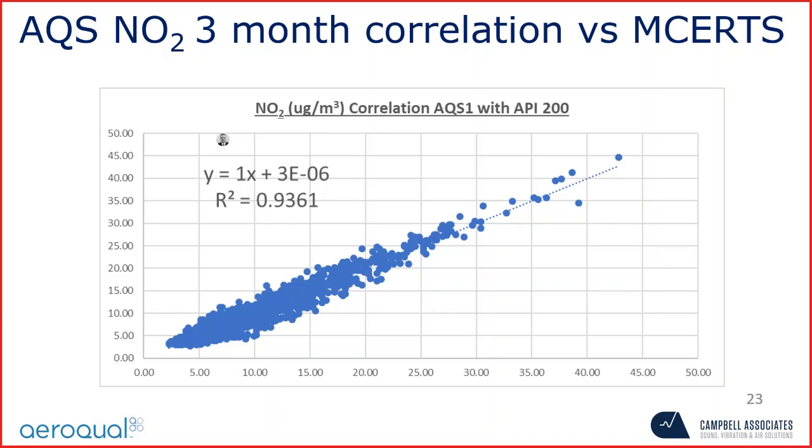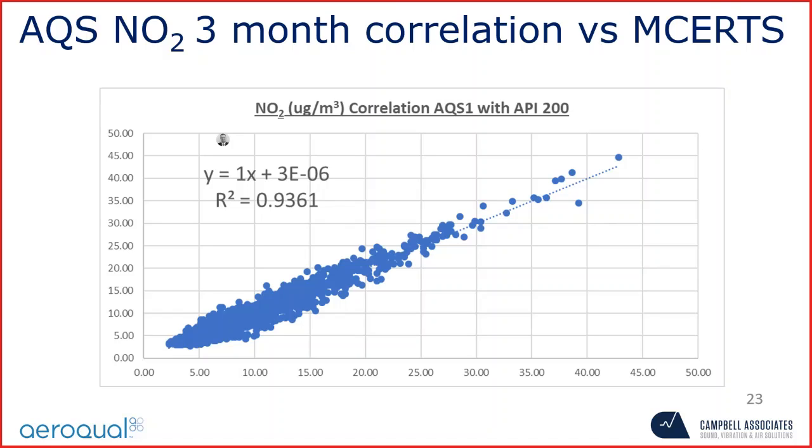In actual fact, the picture behind me is the setup where this occurred. As you can see, this was over a 3-month period. It was actually during lockdown. I was furloughed during this time, so there was no calibration, no interference with either of the reference analyzers or the AQS1. And as you can see, the correlation between the two